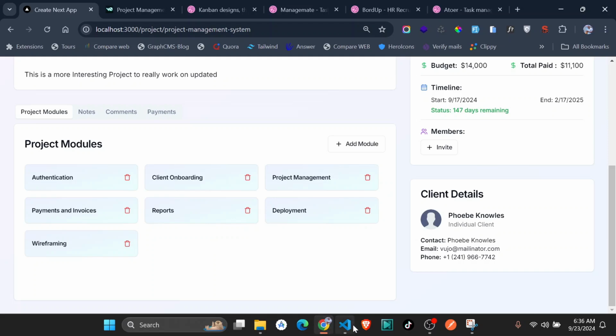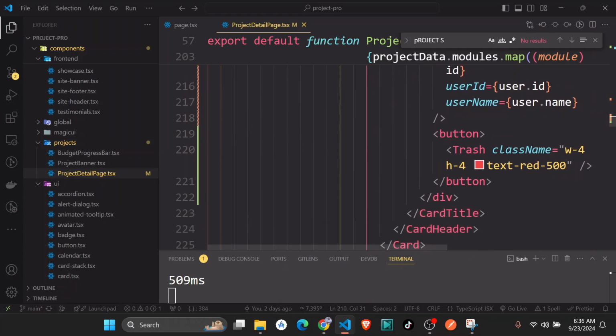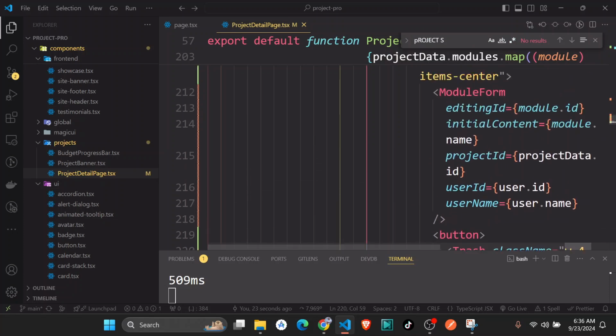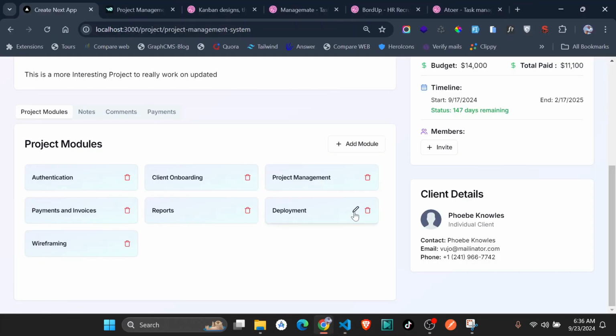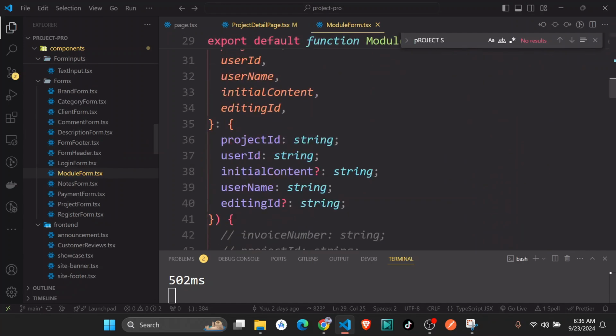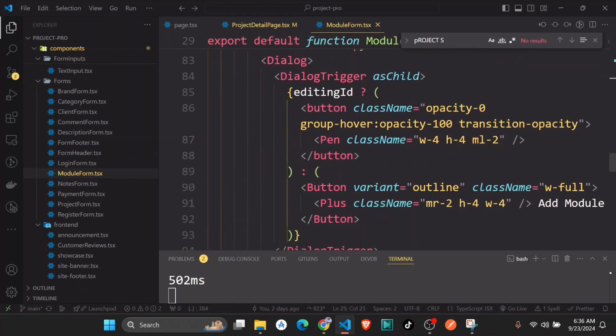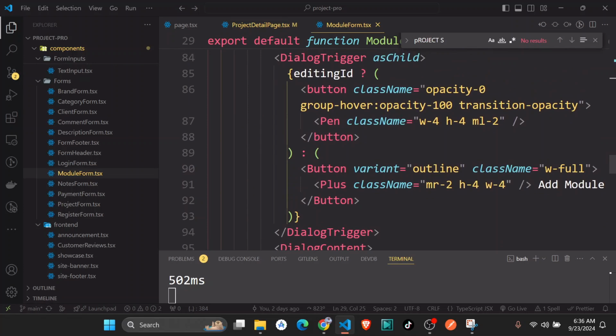So I'm just going to first of all give them a gap here. Just give it a gap of 3 and see. Yeah, so that they are really spaced, not to get confused on which one to do. And this one is red. You can just go ahead and make this one green, the edit. So here where we have this here,